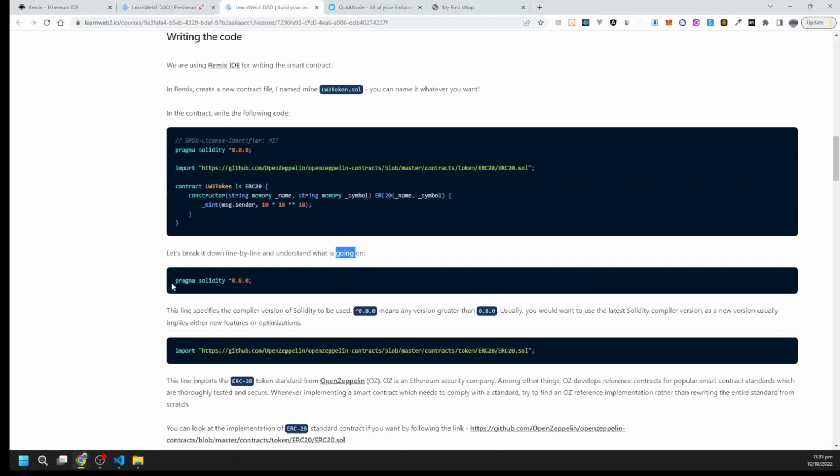line by line. First, pragma solidity. This line specifies the compiler version of Solidity used. Any version greater than 0.8.0 works, and you usually want to use the latest Solidity compiler version, as a new version usually implies either new features or optimization. Then we are importing the file. This line imports the ERC20 token standard from OpenZeppelin,